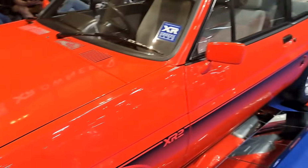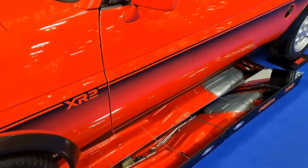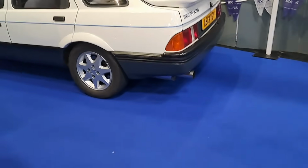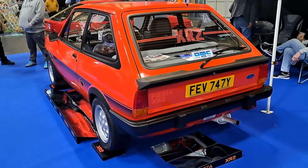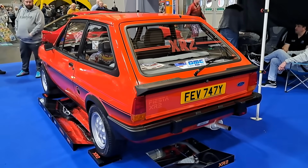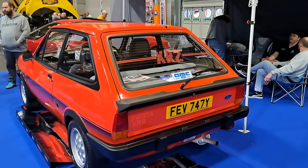Then we go for this immaculate Mark 1 Fiesta XR2. Look at that, pepper pot wheels, immaculate underside. Reminds me of the entire Ford hall that's at the November show at the NEC. You can see cars like this all the way through. EV, of course, at the time was an Essex plate. A lot of the press Fords were on EV plates, like the